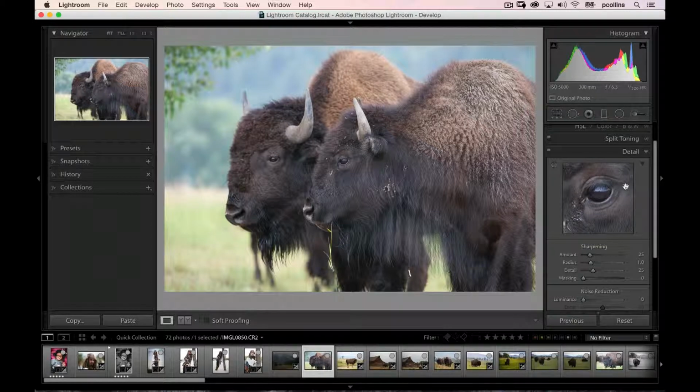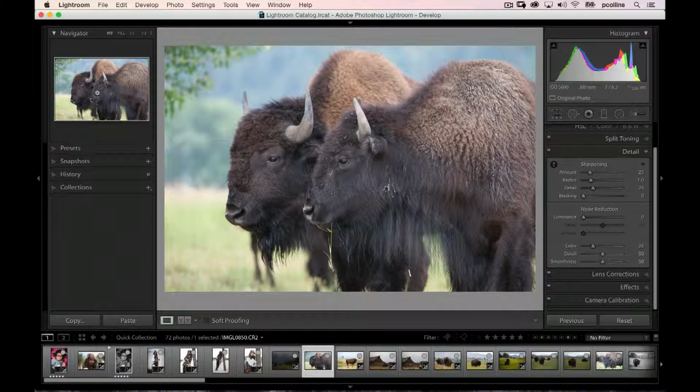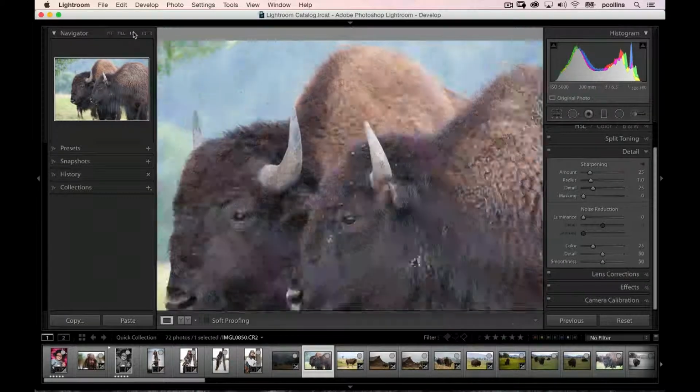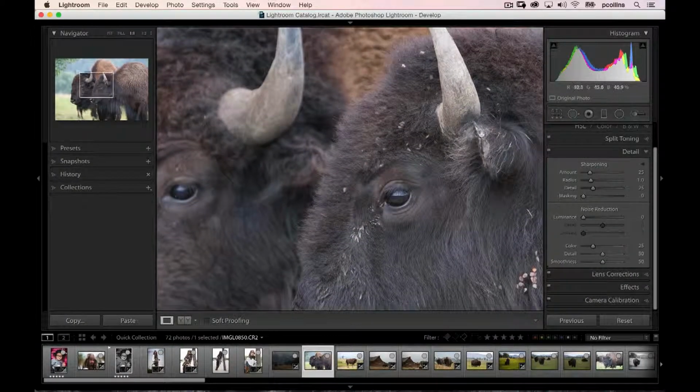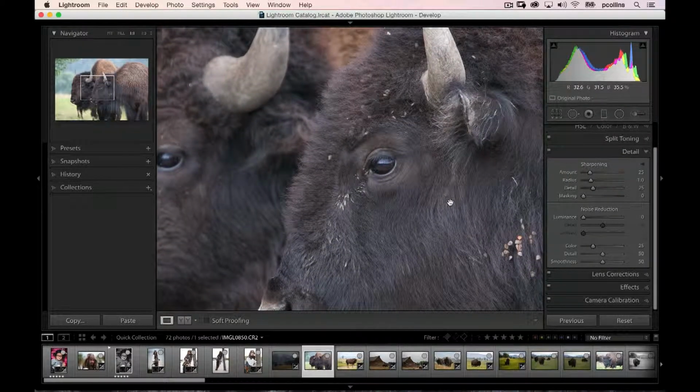And usually you want to find the most important thing to view in here. But to be honest, what I like to do is come over here, and as soon as I close that up, the exclamation point pops up until I hit 1:1, which means 100% view. The exclamation point disappears. It says, all right, you're at 100%. Now we can sharpen, and that's the best way to do it.